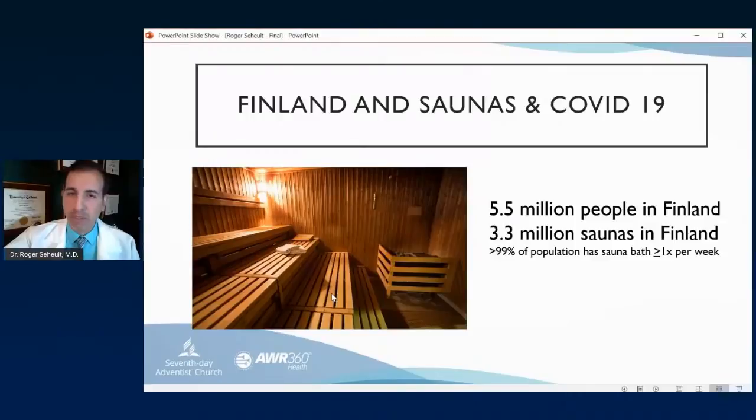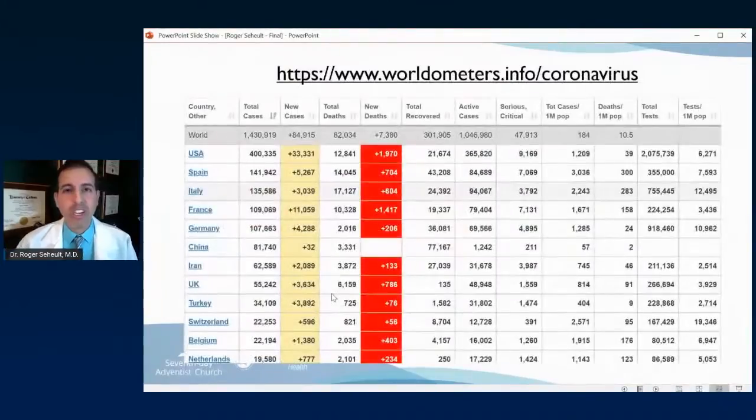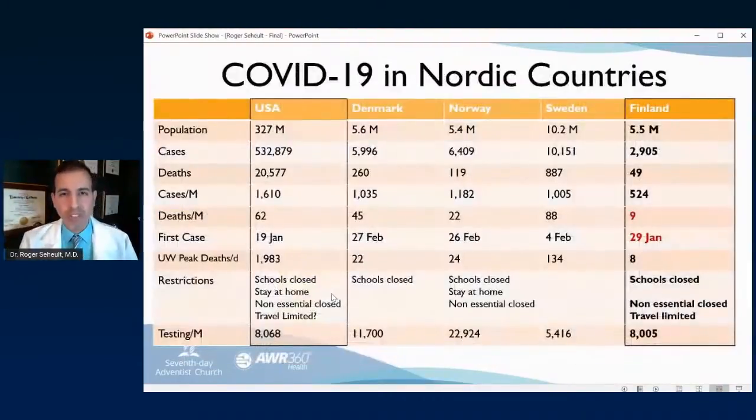Now, while saunas are very popular in Germany and Austria and Sweden and Norway, not nearly as close as they are in Finland. So that gives us a very interesting opportunity. We can go and look at the numbers. And so there's a website called Worldometer, and you can look at the number of cases, total deaths, total cases per population, million, total everything. You can look at everything and break it down. So we've done that. And I find it very interesting here that on a population level, if we look at the United States here in terms of population, cases, deaths, cases per million, deaths per million, and when the first case came, and what the University of Washington modeling says will be the peak number of deaths per day